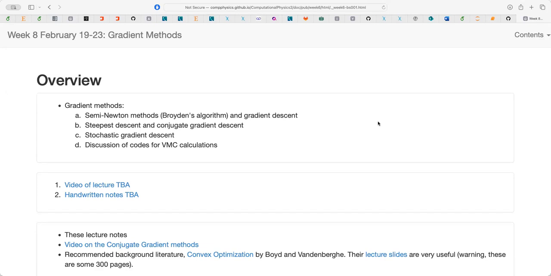Now, there is a plethora of methods. There are many, many methods. So we have to, in a way, figure out which are the most relevant ones for the case which we have. In our case, we are dealing with a multidimensional integral, which means, as we discussed last time, that some methods, like Newton's method, where we would require the calculation of the second derivative, which defines what in the literature is called the Hessian matrix,